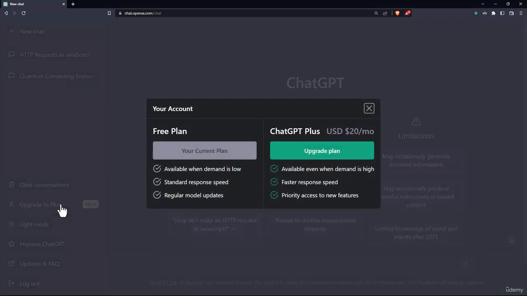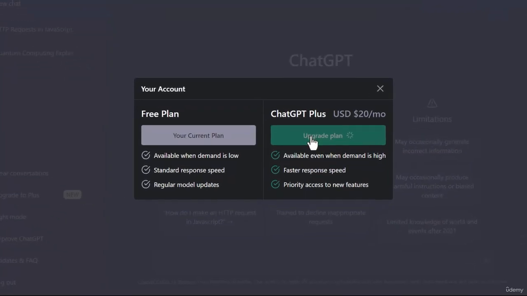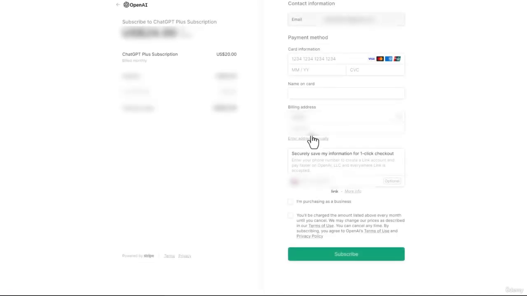You'll see this pop up. Then click Upgrade Plan and you'll be taken to the payment page. Here, you want to make sure your email address is correct. Then enter your card information, the name on the card, the billing address, and you can skip this option for